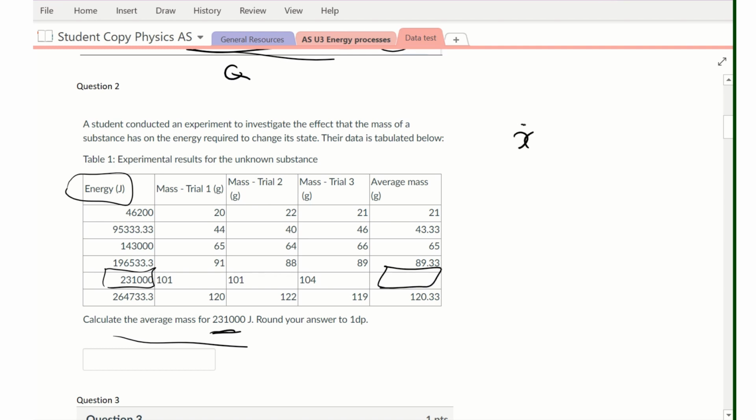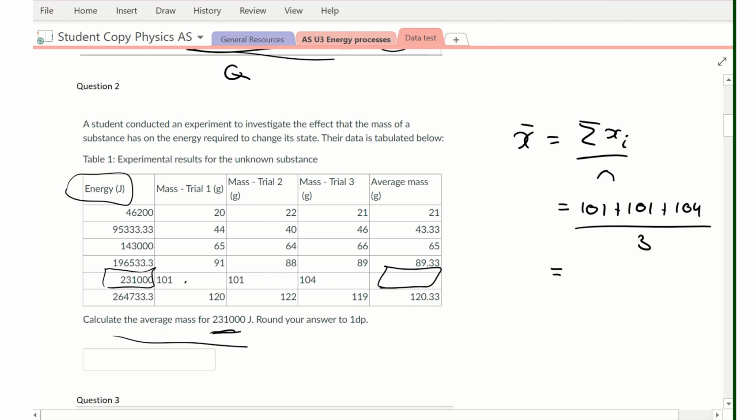Now, average, the equation is the sum of all of your different digits divided by the number of digits n. So I can see that I've got 101 plus 101 plus 104. Your numbers might be different. And I've got 3 numbers. Add them all together, and that should be like, what, 101 point something? 102? Let me get my calculator up. So